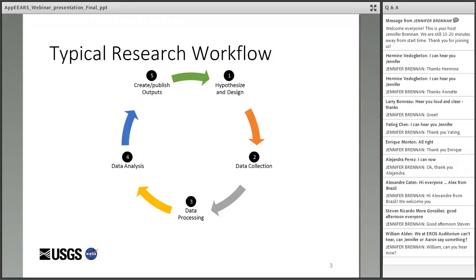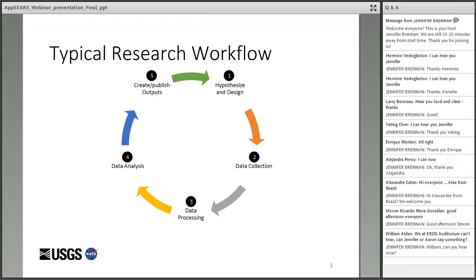Once you're ready within that stage, you'd move on to your data analysis stage, which is the fun part. This is where you're running your models, answering the questions and producing outputs. And so your next step would be to produce outputs for the public, articles, what have you. So with that said,